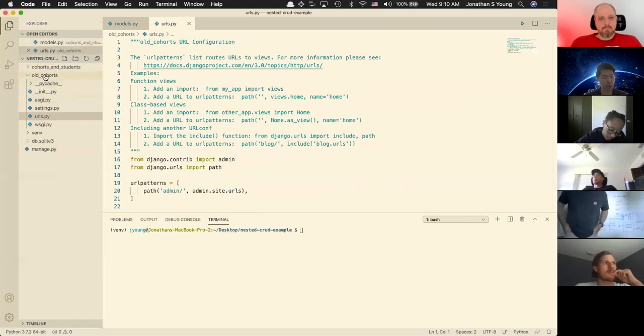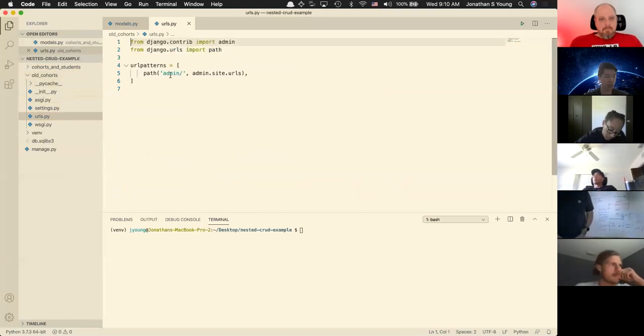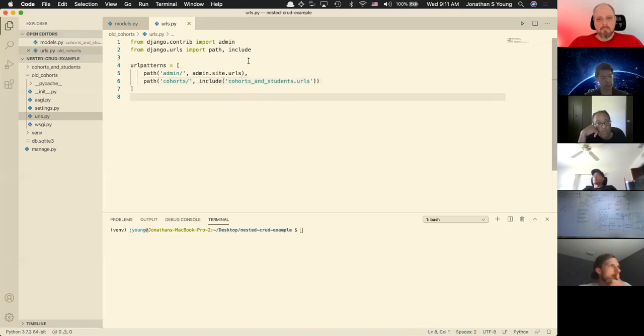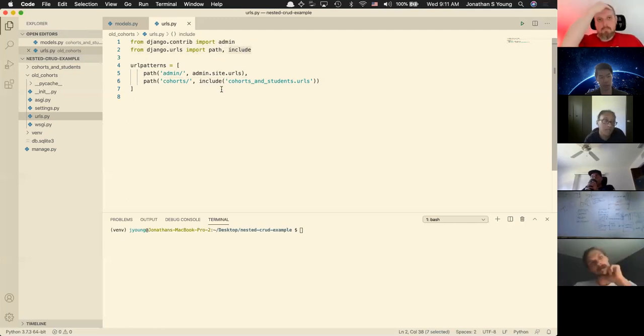I'm inside the Old Cohorts application. Let me just get rid of all this for right now. I'm going to bring in an extra library called include, and then I'm going to add in another path called cohorts. I'm going to send them to cohorts and students.urls. So what did I do? I added two things. These two lines came for free, and I added the include library, which I used on